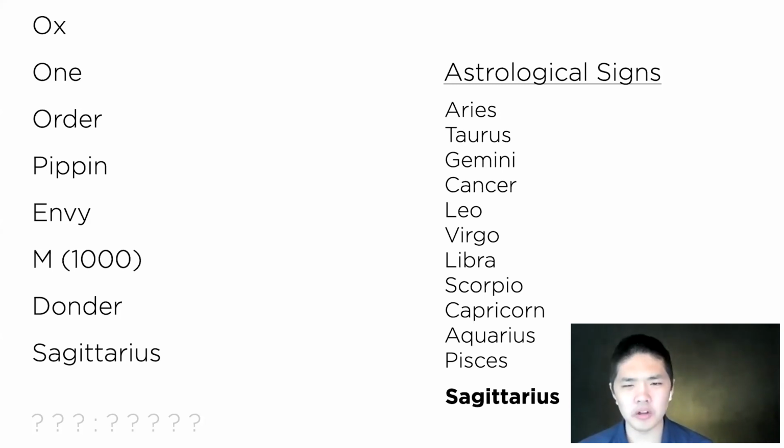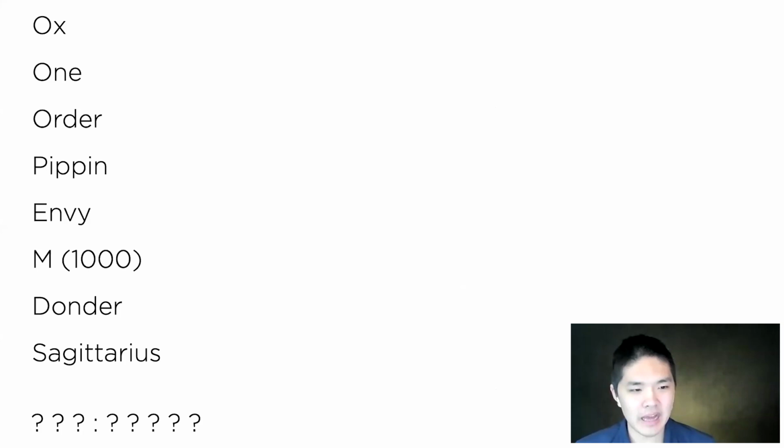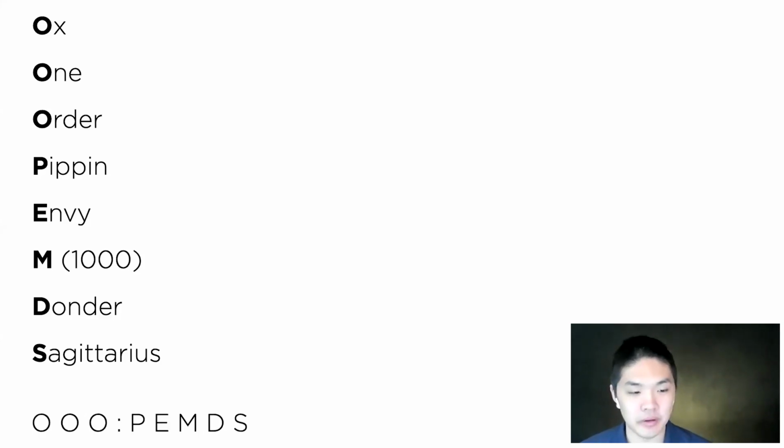And so all told, we now have one missing element from each of those sets, and down at the bottom, we gave you a bit of another clue. We gave you question mark, question mark, question mark, colon, and then 5 more question marks. And if we take the first letter from each of the elements that we found from each of these sets, we see OOOPEMDS, which we can now fill in to that missing set at the bottom. And we get one final set,